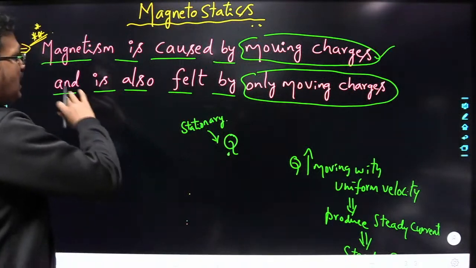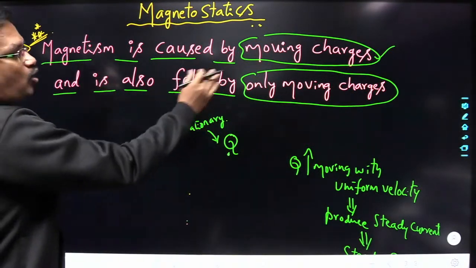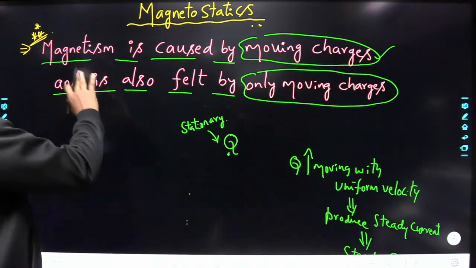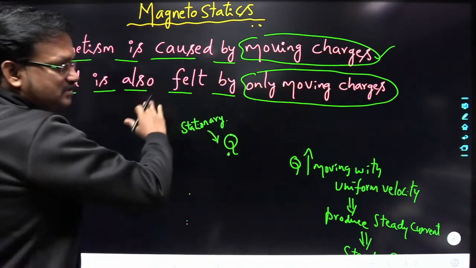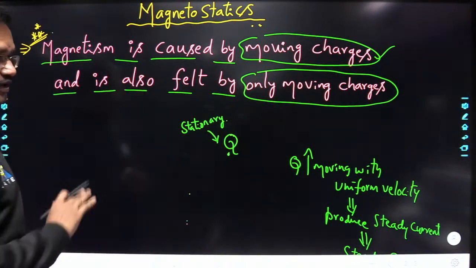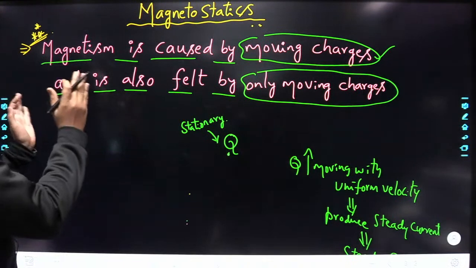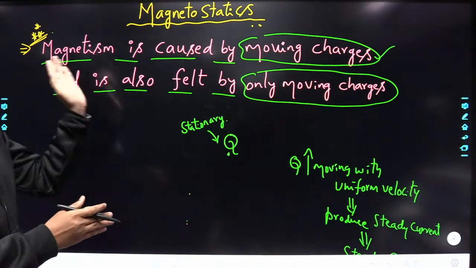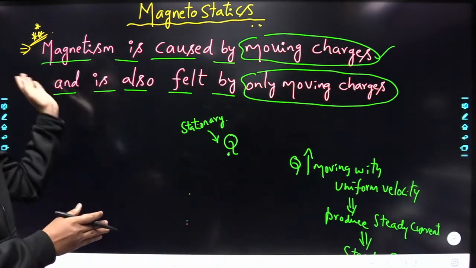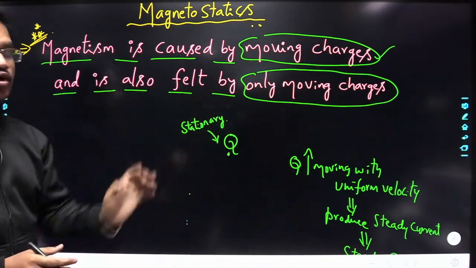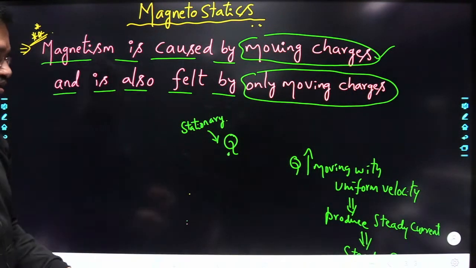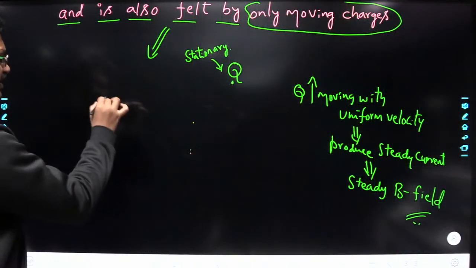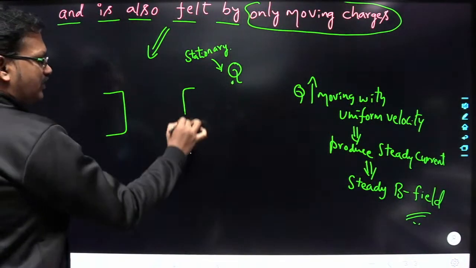Next, what I am saying is that magnetism is also felt only by moving charges. Understand this statement clearly here: magnetism is caused by moving charges and is also felt by, that means the magnetism is also felt by only moving charges. Understood? Okay, so in order to understand this one, see here, if I consider a magnet,